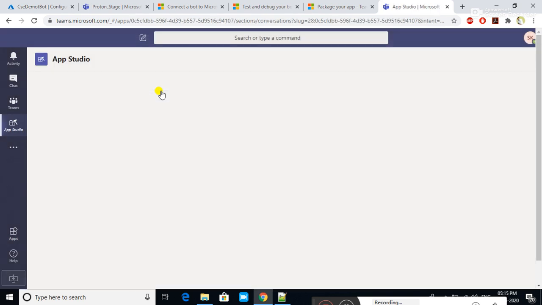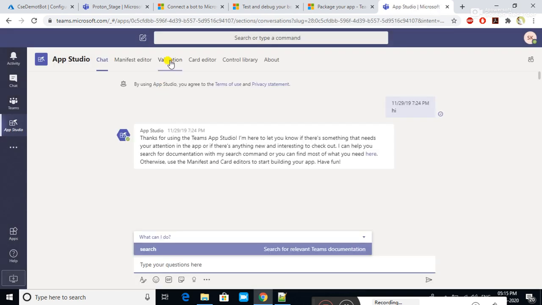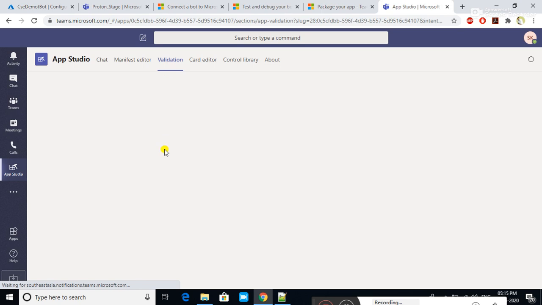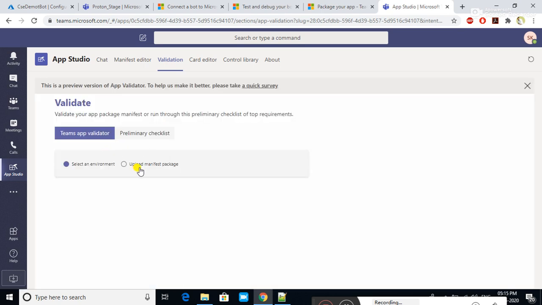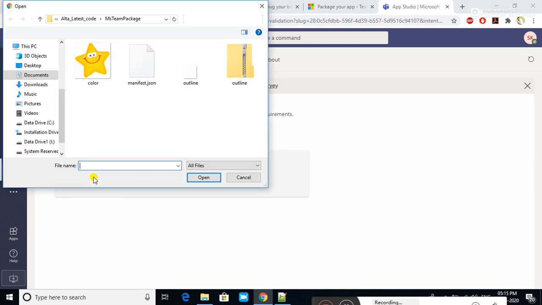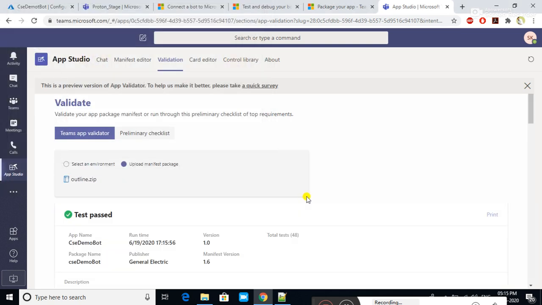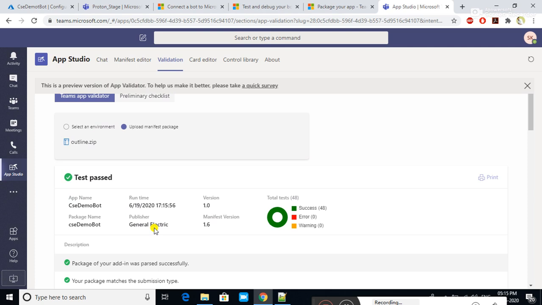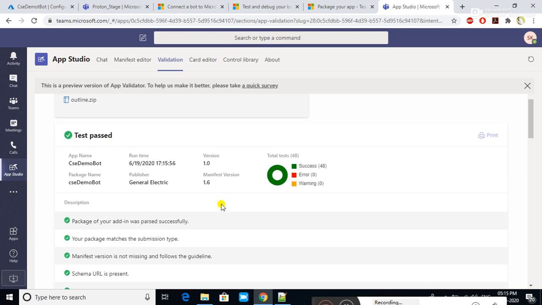So go back to your App Studio, click on validation, choose upload manifest package, click. Now it's processing. Okay, you can see that the test passes, which means my JSON file is correct.